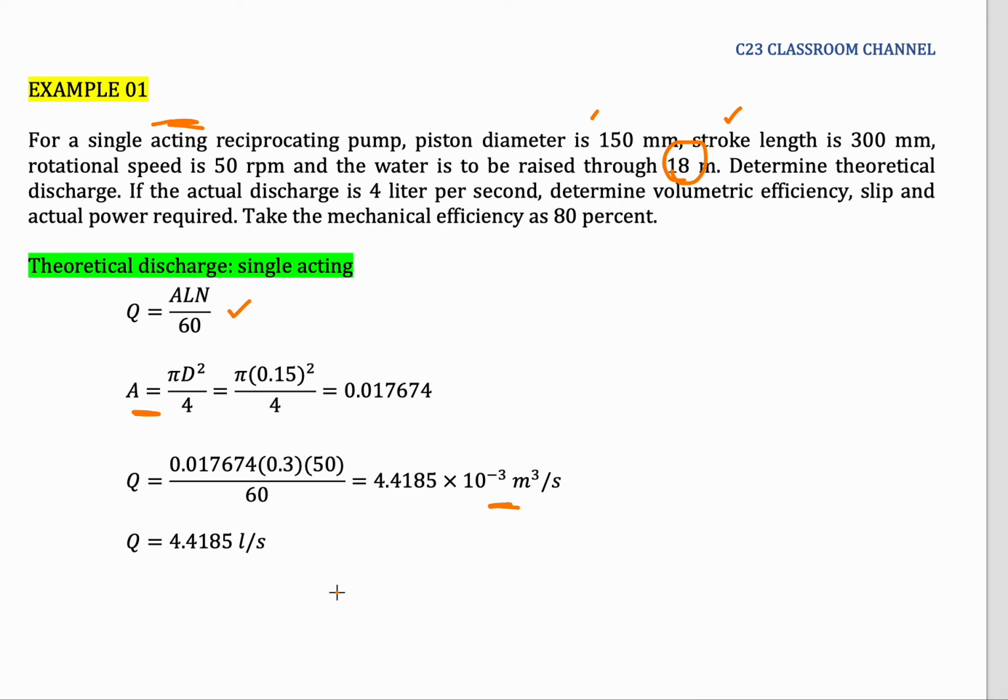Normally in pumps, or in common practice in flow in pipe and so on, we will use the idea of liter per second because it is quite difficult if we say it is around 0.0044185 meter cube. So it is around 4.4185 liter per second,